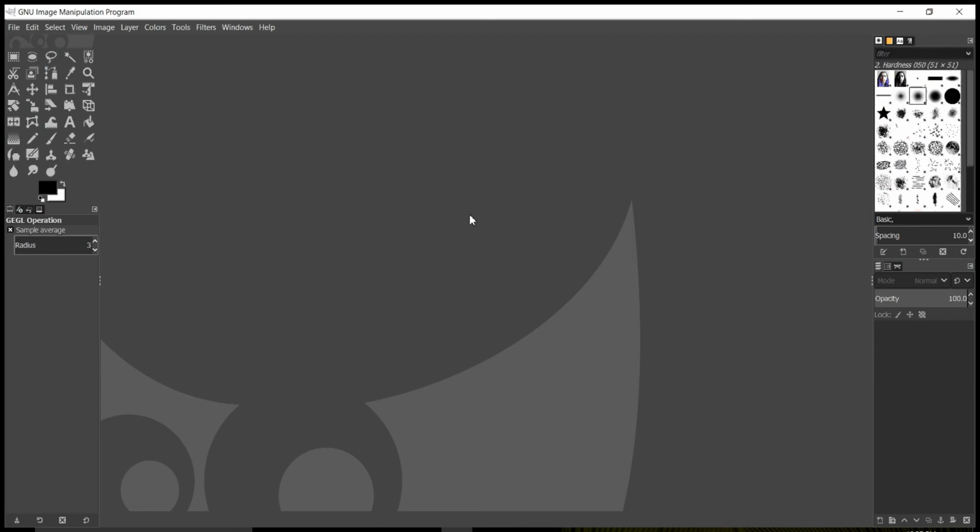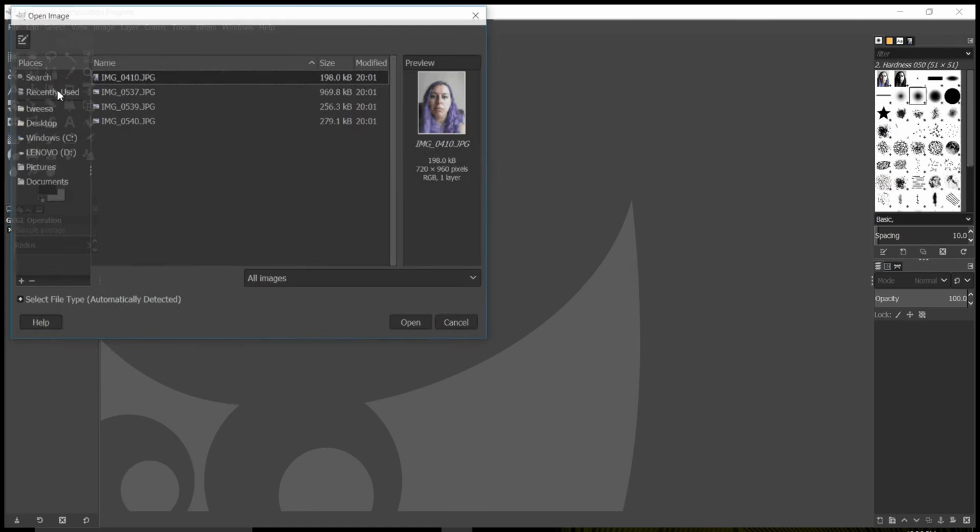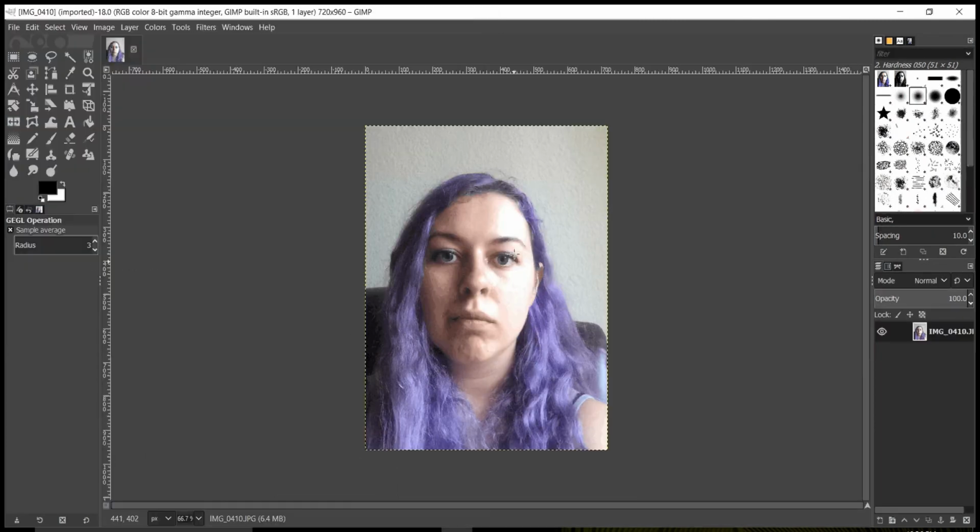I'm going to show you how to use GIMP. It's a free alternative to Photoshop. So it's a fun program to use, especially if you don't use Photoshop that often, so you don't want to pay for it. So I'm going to go to File, Open, and open an image I took on my cell